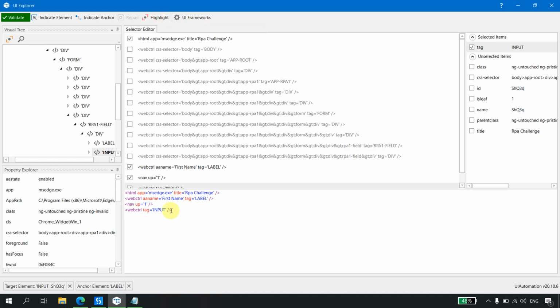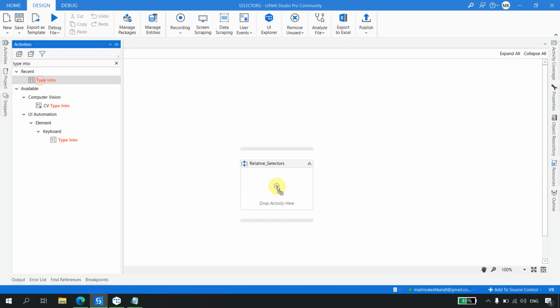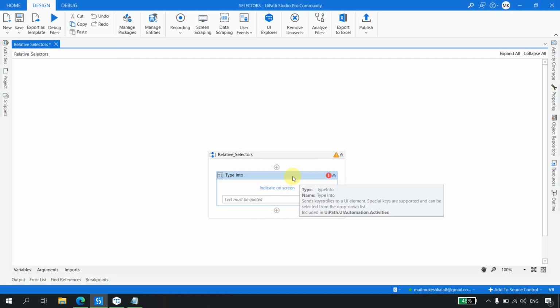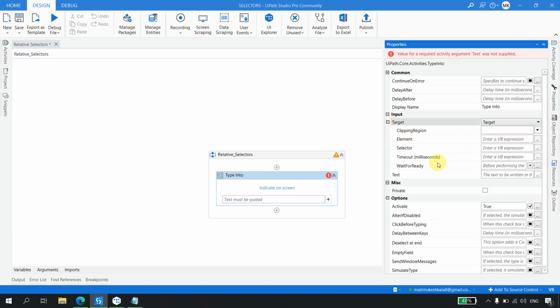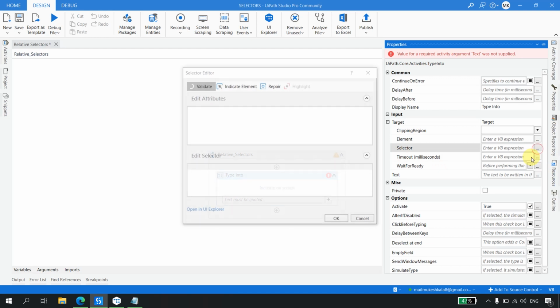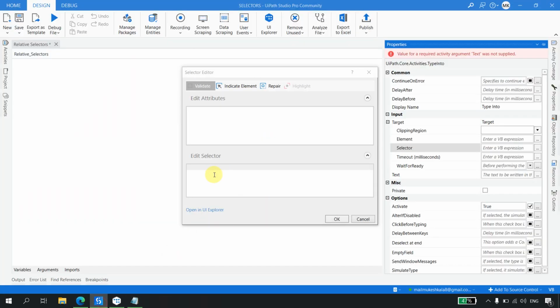Now the question arises, how can I use this selector in UiPath Studio to type or to do any of the operations, right? So what I can simply do is, whenever we have to type, we simply use an activity which is called the type into activity. I will drag and drop it here. In the type into activity, if I go to the properties, you will see the selector property is blank by default, right? So what I can simply do is I will open this property. I'll go to my UI Explorer, select this guy, hit Ctrl plus C to copy the selector. I'll come back to my UiPath Studio in the selector and I'll simply paste it. That is it, right? And I'll simply click OK.